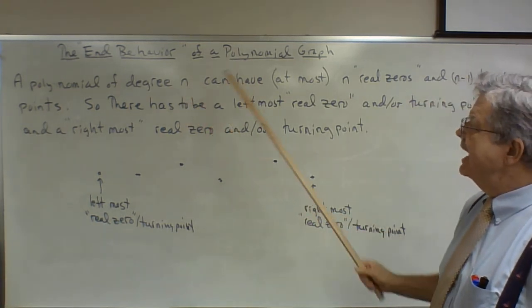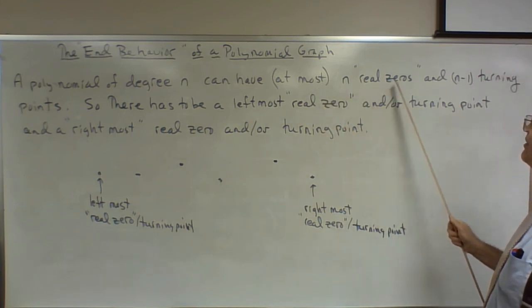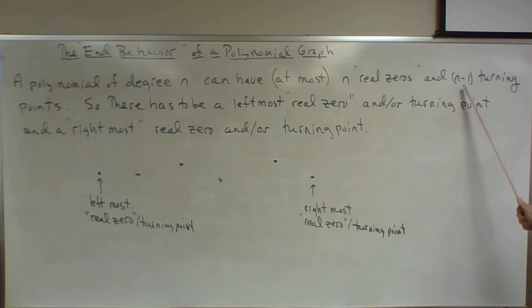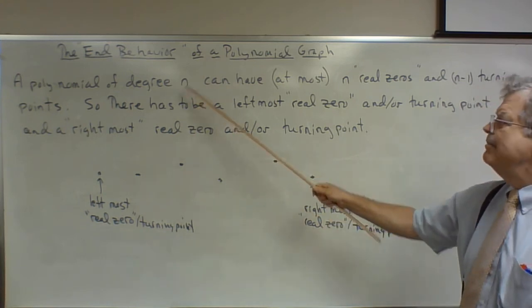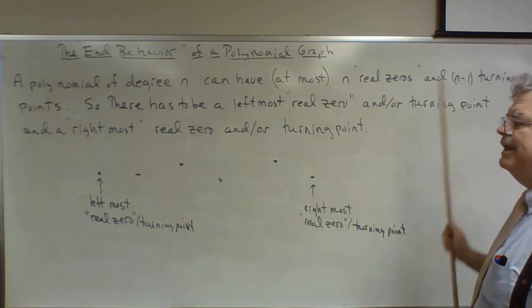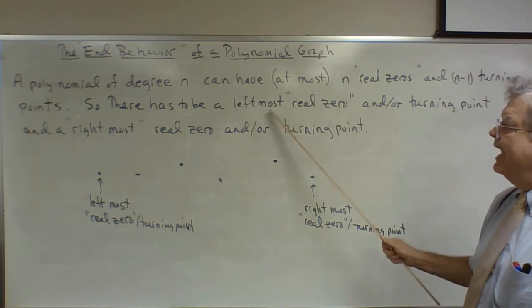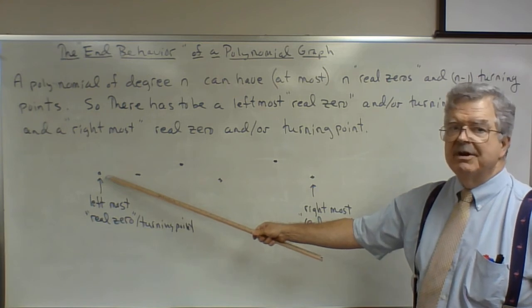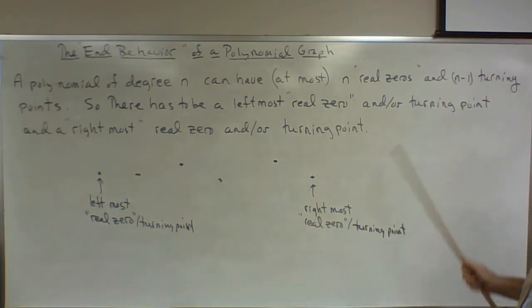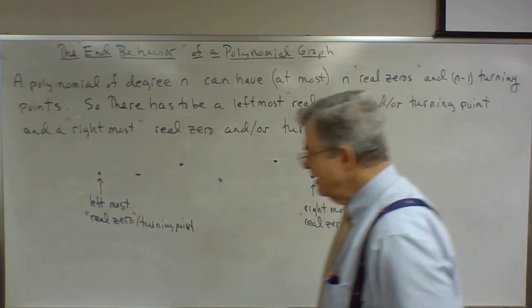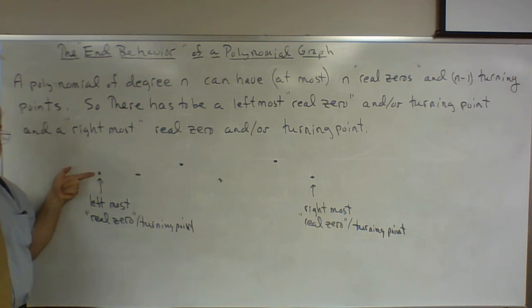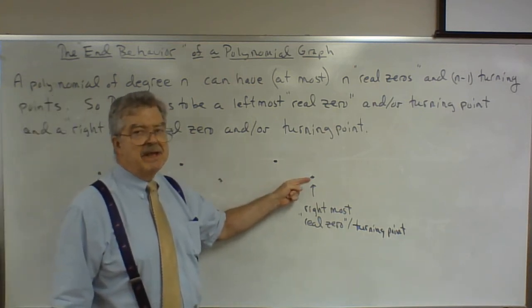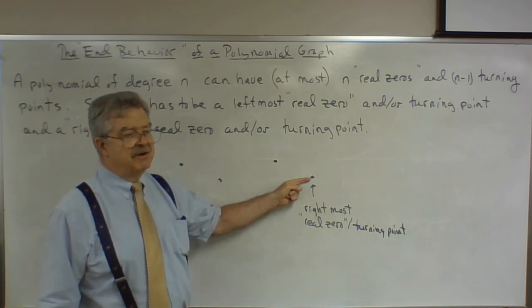A polynomial of degree n can have at most n real zeros and at most n minus 1 turning points. A polynomial of degree n can have only finitely many real zeros and only finitely many turning points. So there has to be a leftmost root or turning point, and there has to be a rightmost real zero or turning point. Going from left to right along the graph, we're going to hit the first turning point or real zero. This is our leftmost point. And we keep on going, and eventually we're going to hit the rightmost of these turning points or real zeros,